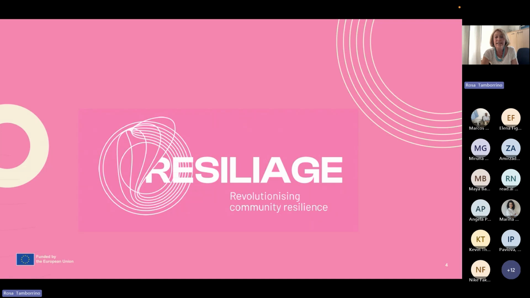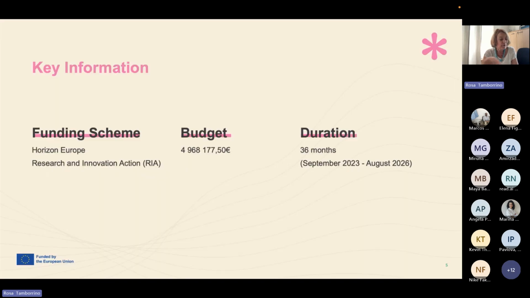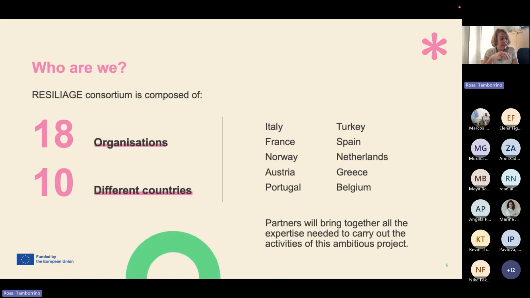So let's provide some key information about our research project. As has been mentioned, it is a Horizon Europe research and innovation action funded by the European Union, with a budget of about 5 million euros. It is a 3-year project. We are now in the first year of the project, and we are 18 organizations coming from 10 different countries,